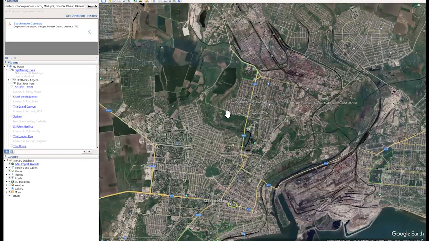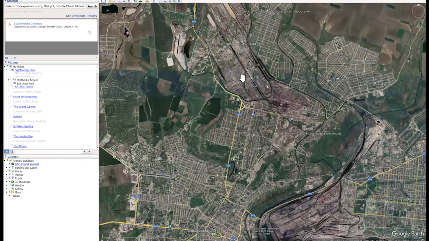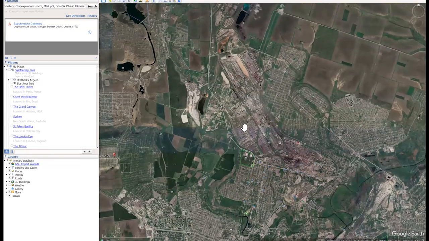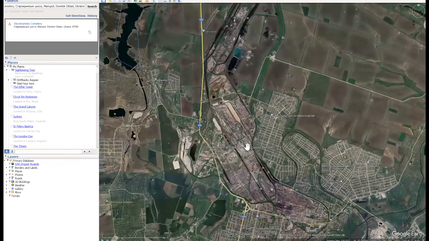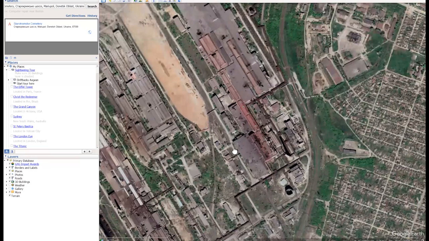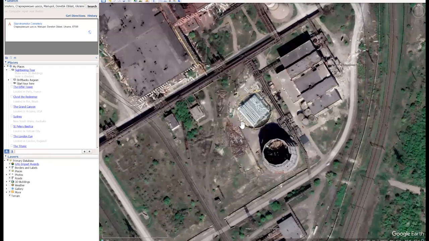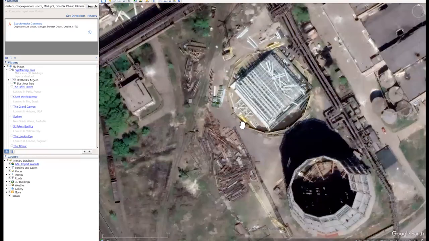So this is Kalmiuski on Google. There's the curve of that railway line being drawn in. We can home in on the chimneys. Look, here they are. One of them, PeakVisor thinks is the same as the other, but in fact, they're looking very different at this point in time,